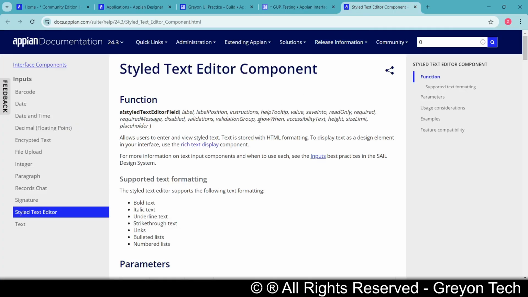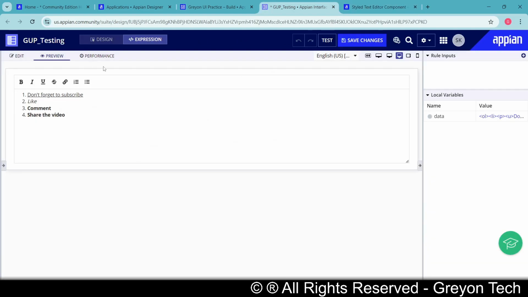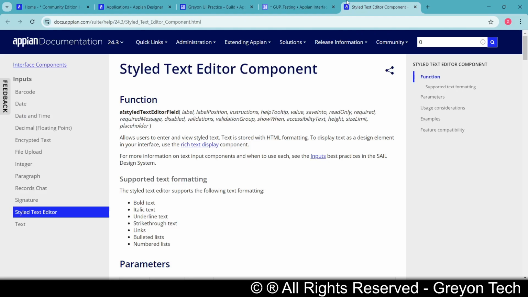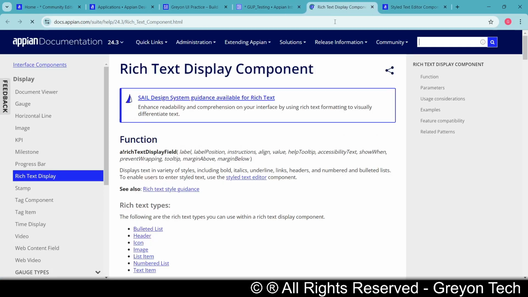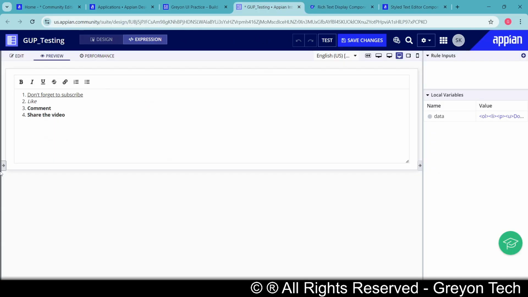Coming back to the documentation, the styled text editor component has a major difference in how the user will interact, because sometimes we confuse the styled text editor with the rich text display field. So let's have a glance at the rich text display field so that you can understand the difference between styled text and rich text.